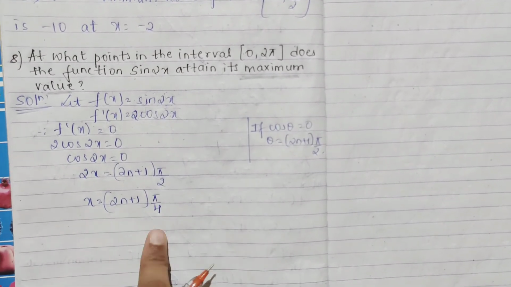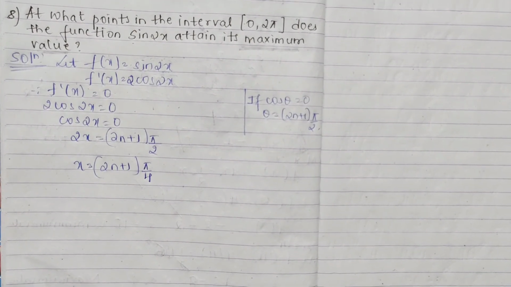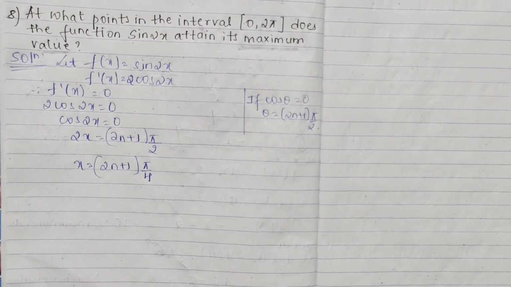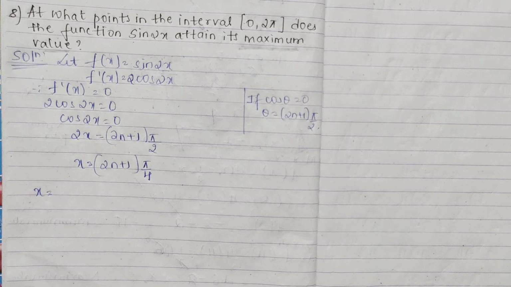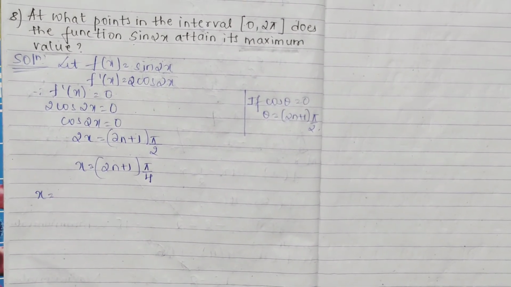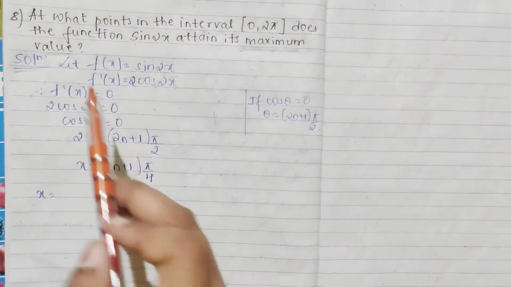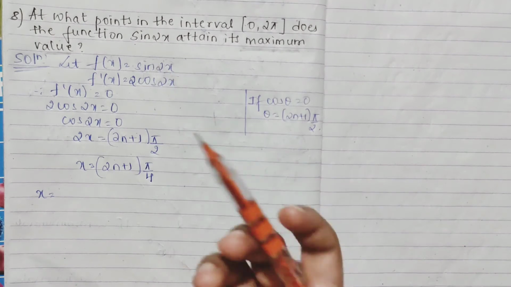So at this point check what all points you will get. Critical points, yes, you have to find your critical points. Here I will not find f double dash of x, and also if you want you can find it and again check at the points whatever you get, but they are directly asking for the maximum value, so we will find our critical points and directly substitute in the function, that's it.